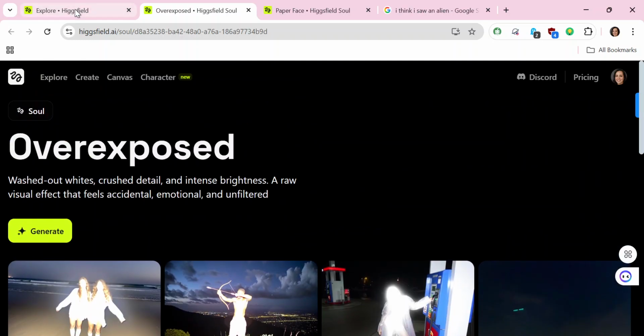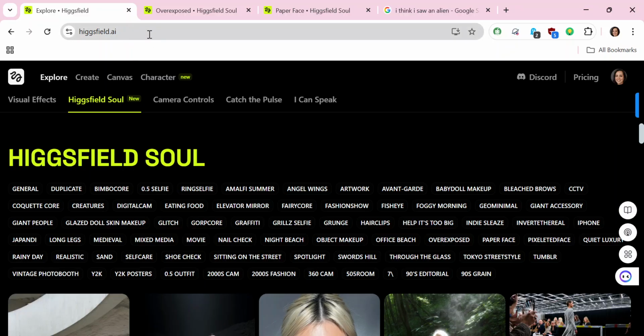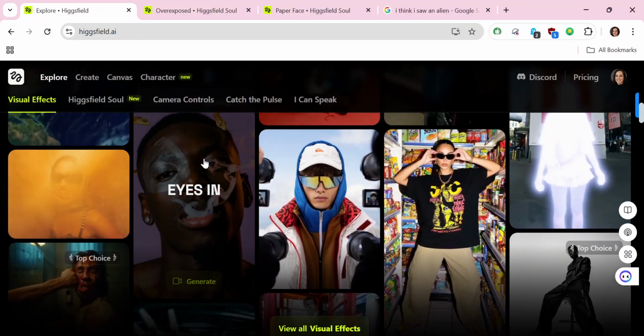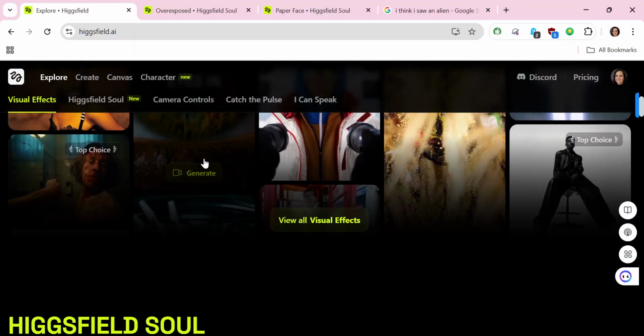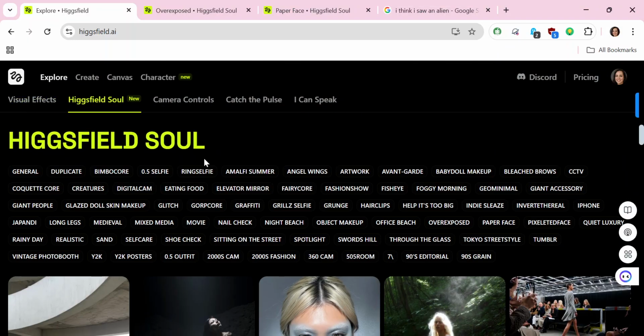So all you have to do is go to the Higgsfield website here, which is higgsfield.ai, and you can actually see all the mind-blowing videos and stunning effects available. You can now go to Higgsfield Soul after signing in or creating an account. If you do not have one, click on the overexposed area here and you'll be brought to a page similar